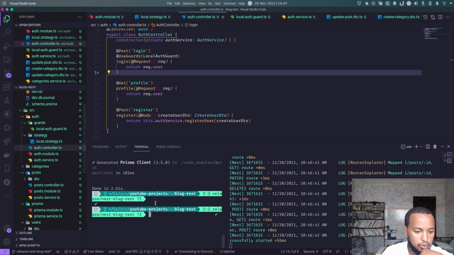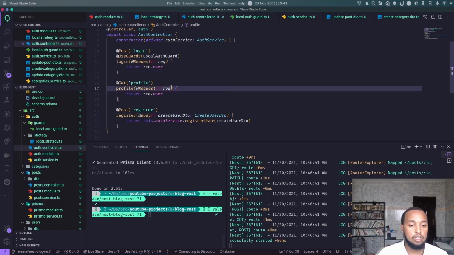So now what we are going to do is install and do the JWT stuff. JWT regarding registration, we will give the access token, and as well when we are logging in, we are giving the access token. Then for example the profile, whenever we click an endpoint that has this guard that is JWT, we need to get the token from the header and then destructure it, get the user and return the user itself. Or for example, when we are creating a post, we are using that ID from that